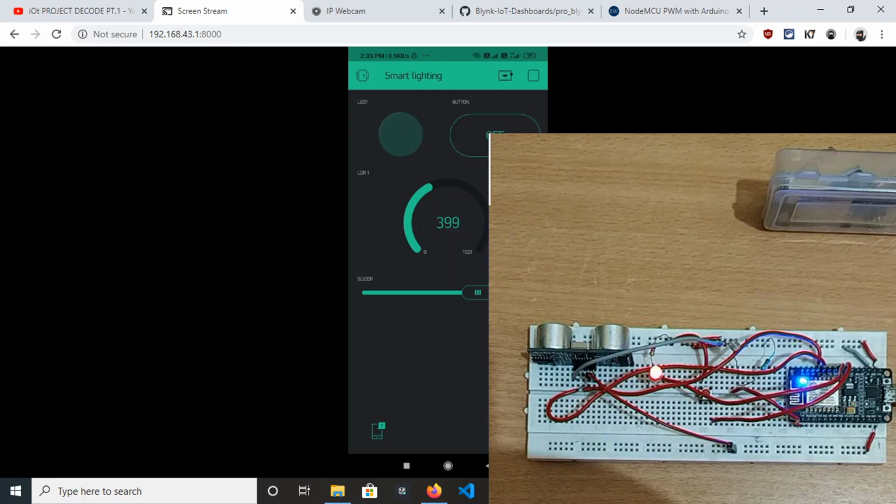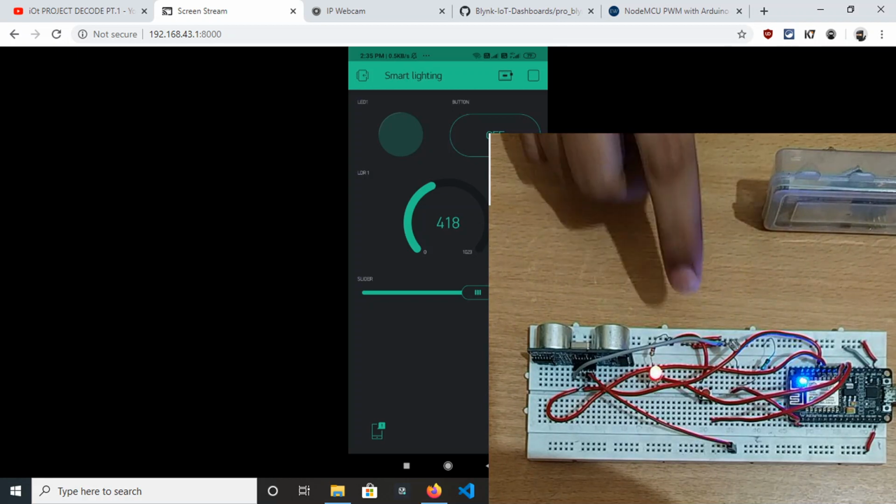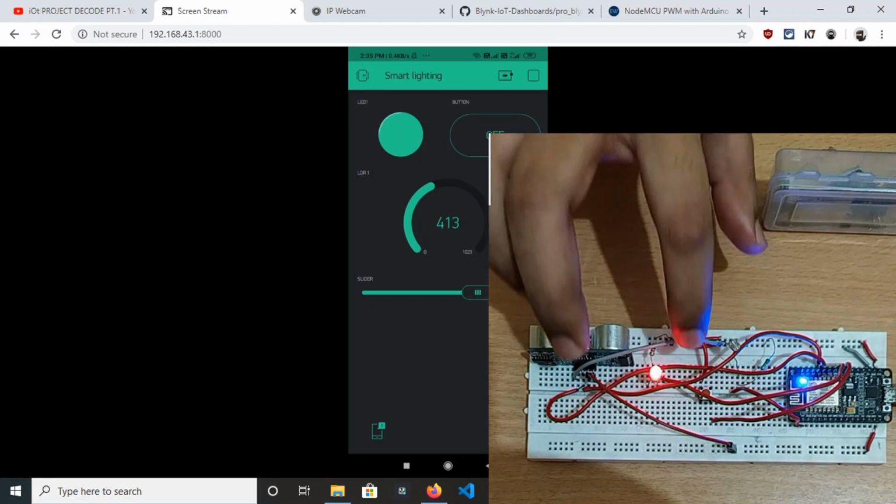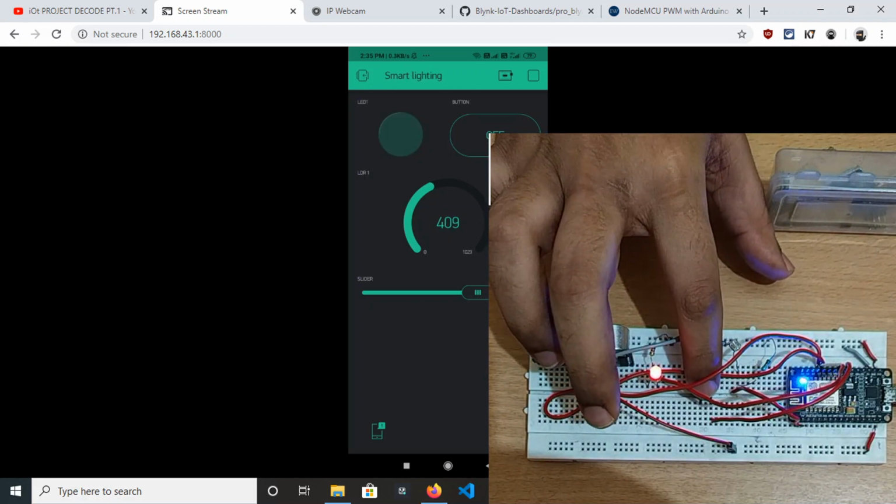Okay, and the last thing, this push button in the hardware setup, this one. Let me click on this and we will see.